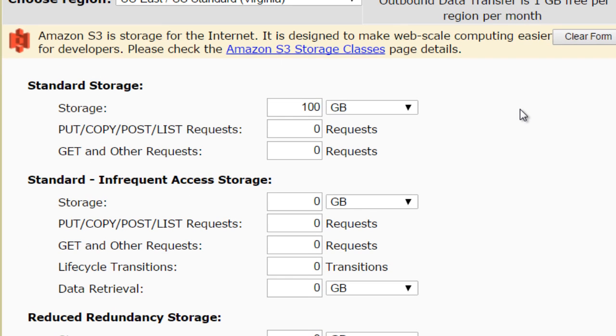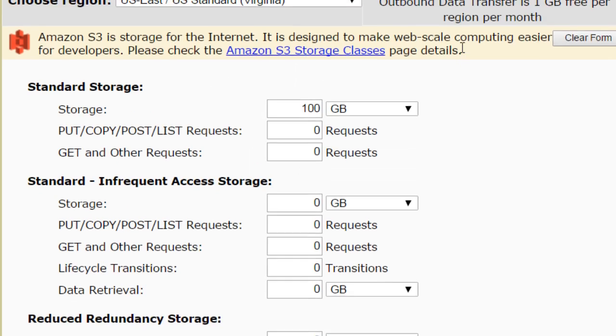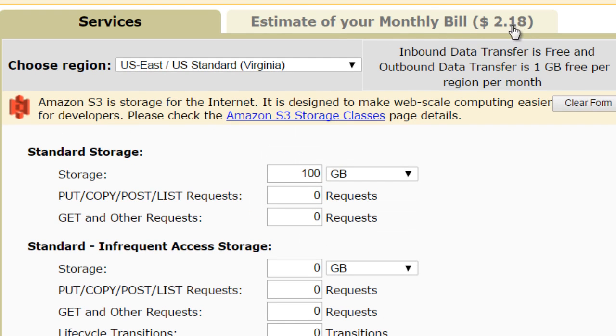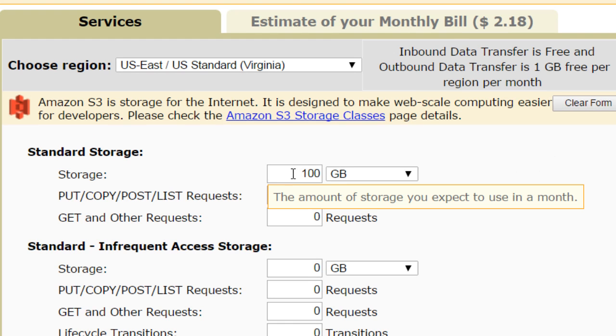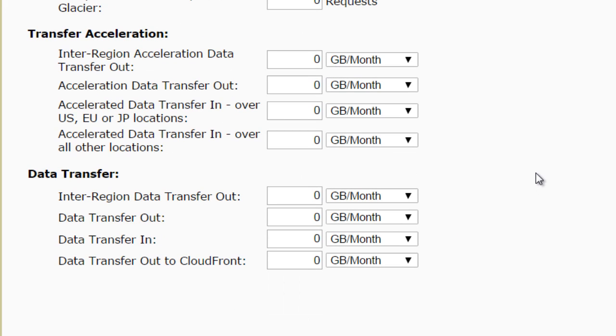Now, imagine this. With most web hosting companies, in order to upload like 100 gigs, you're at least paying $50 to $100 per month. Now, look at this. If I scroll up here, you can see it automatically shows you your estimated monthly bill. You only have to pay $2. So imagine the possibilities. Now let's talk about bandwidth, which is basically if you upload 100 gigabytes of video files,